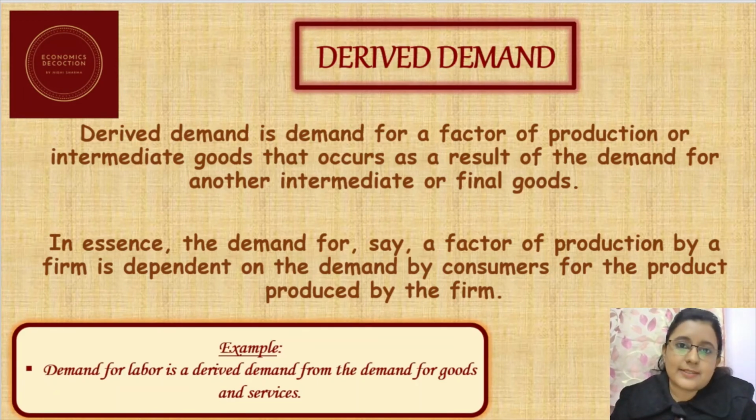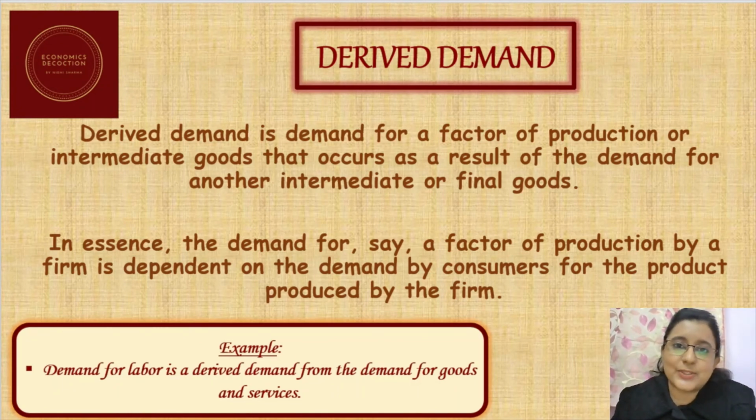Let's consider another example. During the winter season, the demand for woolen sweaters increases, and wool is an important raw material for making woolen sweaters. So, during the colder season, when more and more consumers start demanding woolen sweaters, the demand for wool also increases as it is the prime raw material in making woolen sweaters. So, we can say that the demand for wool is a derived demand, as we are deriving its demand through demand for woolen sweaters. Hence, wool is not demanded directly, rather, it is demanded indirectly by the consumers through demand